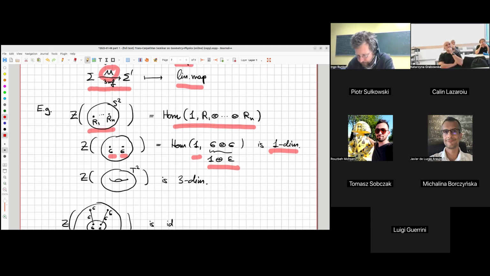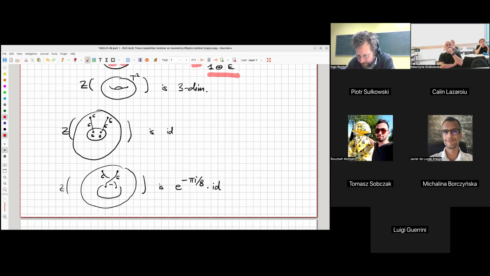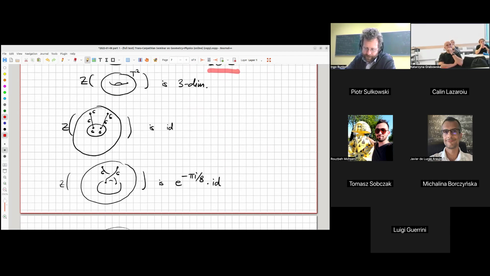Okay, for the two torus it is three-dimensional. I'll not explain why that is. And I also want to compute some linear maps. So now you have to parse this picture here. So what I'm showing is a solid ball. Out of its middle, I've cut out a small 3-ball. So it's like a bombshell with the explosive material removed.